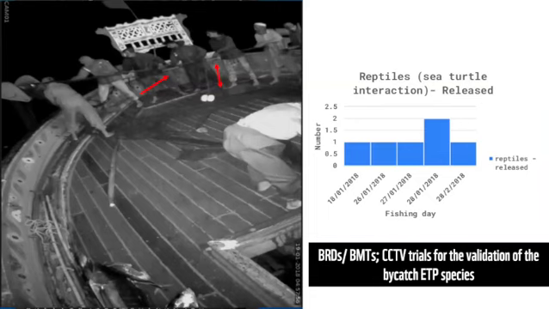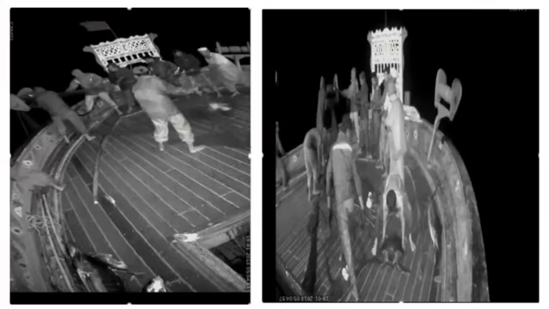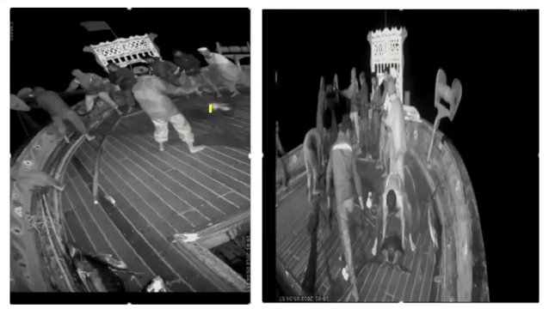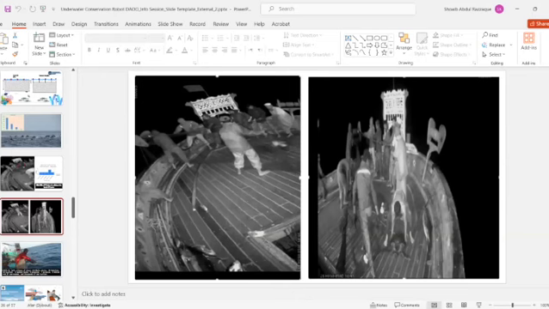In this slide, you can see on the left arrow that it shows the main line of the gear, and the second row shows the extension of the gear, which is around 2 meters. At the same time, we have been monitoring some other videos as well. On the left picture, between those fishermen, if I could highlight it here, it is basically a turtle. This picture shows how the fishermen started handling it, by grabbing it from the sides and releasing it back into the water. Sorry.